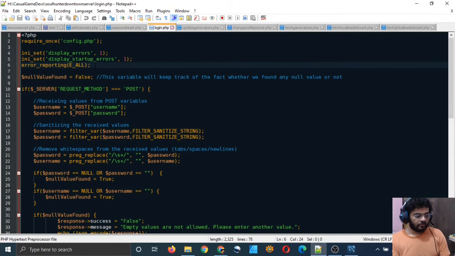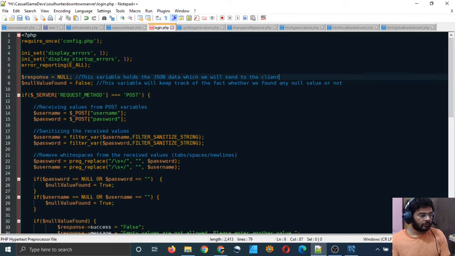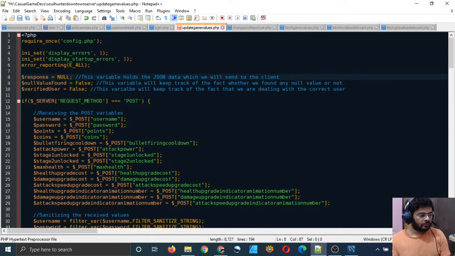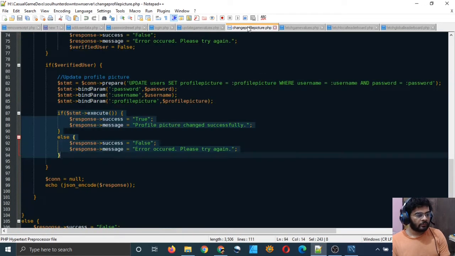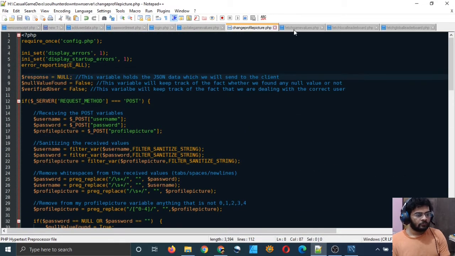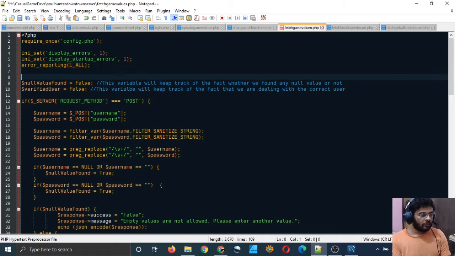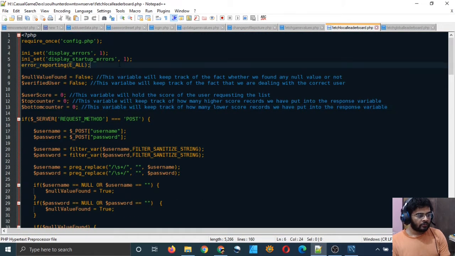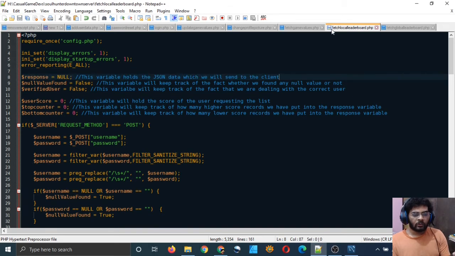So let me just put it in all the files, just to keep it organized and symmetrical. We are using the response variable in all the scripts, so I will just declare it at the top in all the scripts.